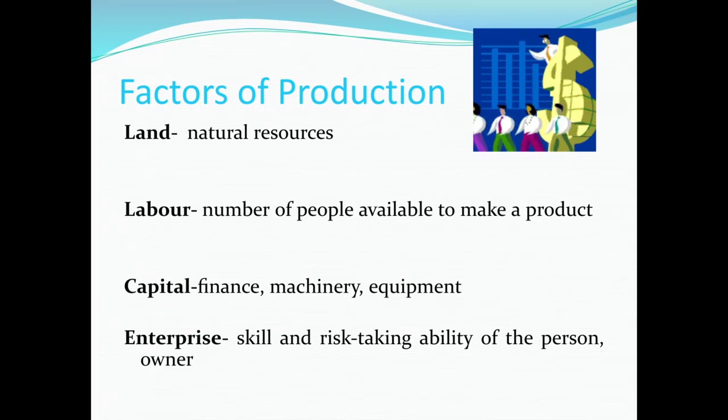Or let's say you like eating sweet foods, but you know that one of the ingredients of chocolates is, let's say, sugar. Where do we get sugar from? From sugarcane. And we need land, okay? We need these natural resources. So these natural resources are very important to produce goods and services. Labor. We need people to operate machines. We need farmers in order to get the crops from our land and convert them into products that people want to buy.